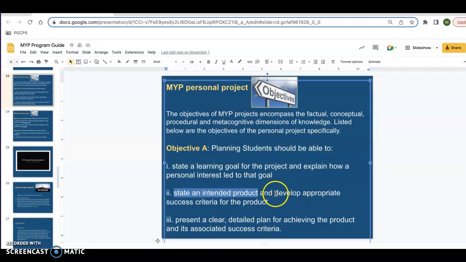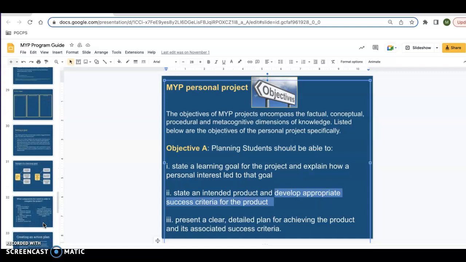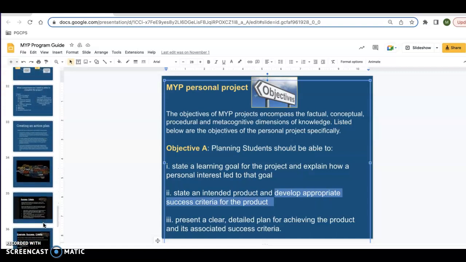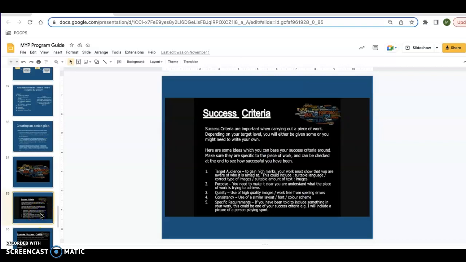Now here's the part that y'all might be a little mad at me. Develop an appropriate success criteria for the product. All right, so that's not as intense as it sounds. I'm gonna show you. What we're saying with this part, with the develop an appropriate success criteria, is we're saying